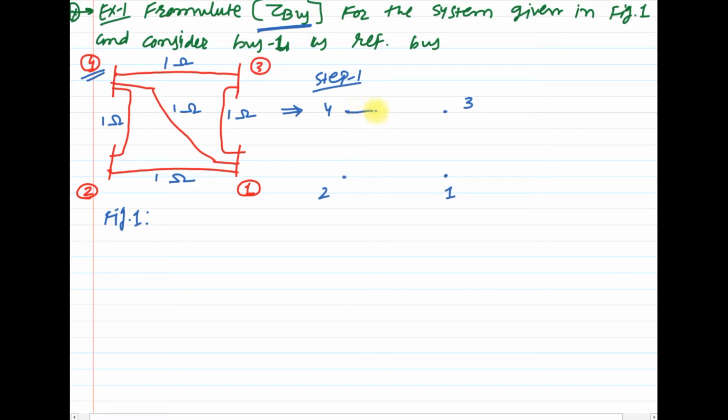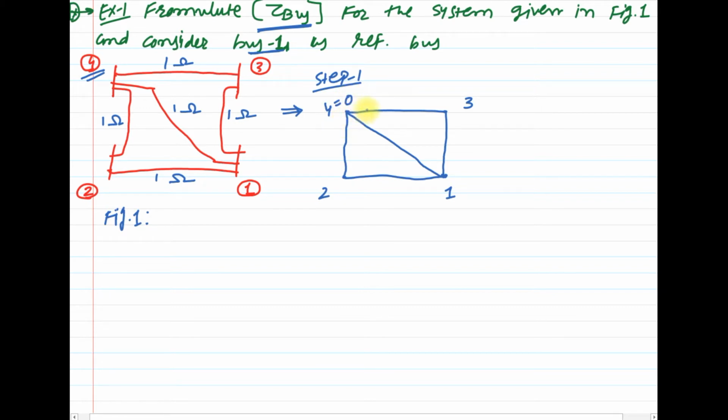The connections are given as 1 to 4 and 2 to 1 and these 3 to 1. So this is your graph. Here it is given that the bus number 4 as a reference bus. So every time if any bus is given as a reference bus, then we have to consider bus number 4 as a reference bus number which is 0.